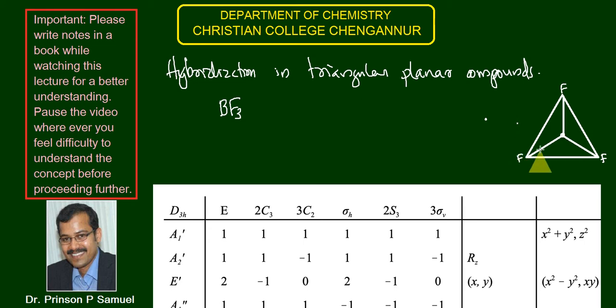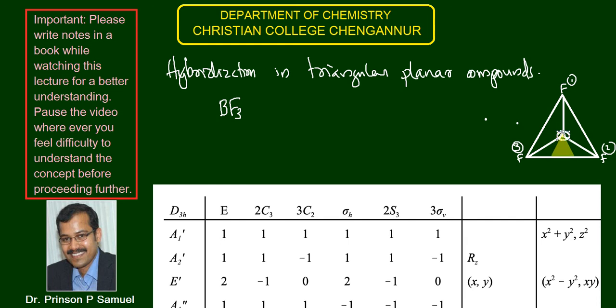And what are the symmetry elements present in this one? Let me call the first fluorine fluorine 1, this one fluorine 2, and this one fluorine 3. Okay. And what are the symmetry elements present here? One of the symmetry elements is the C3 axis. And the C3 axis is passing through this boron atom. Okay. And then it is perpendicular to the plane of the